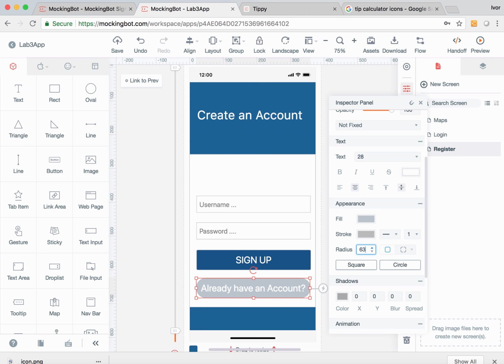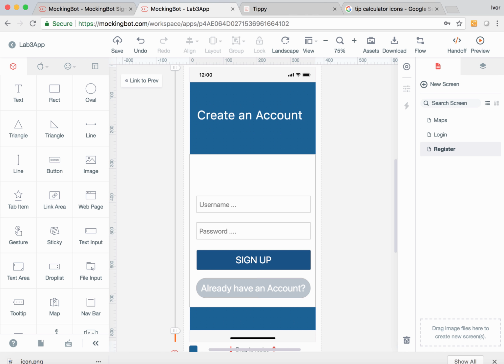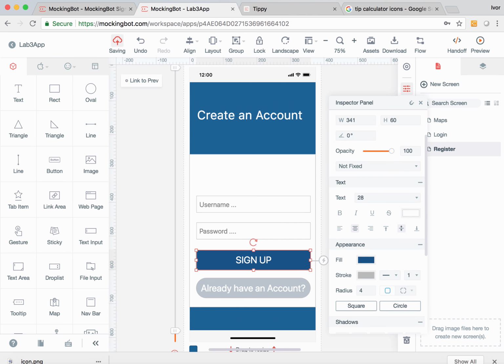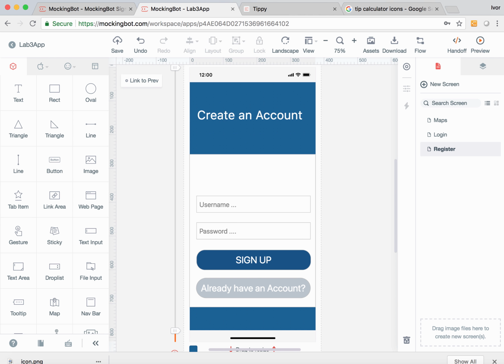So maybe let's go to about 65, something like that. So this button would have a different shape. Maybe I can add rounded corners to that as well. That's all in the radius selection. Maybe this is about 25, something like that. Right? I'm really trying to give this thing some shape,